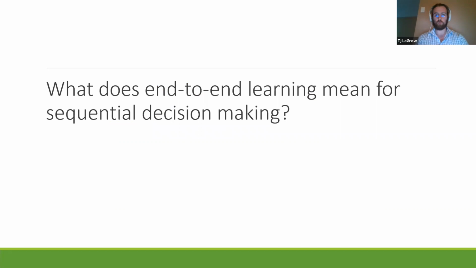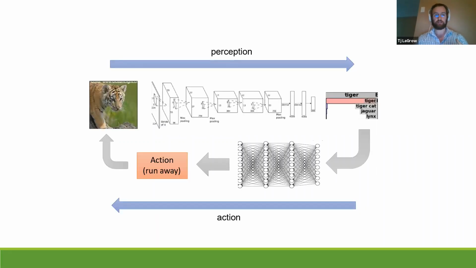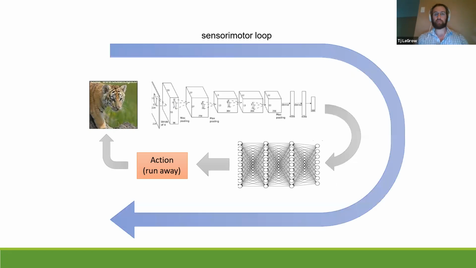And so what does it mean for sequential decision making? We have perception and an action. So what we would like to do is, given the picture, feed it through our network, have some probability of what it might be, and feed it through a network to take another action given a new input. This way, we would want to do more continuous learning to have the full network go in a cycle.